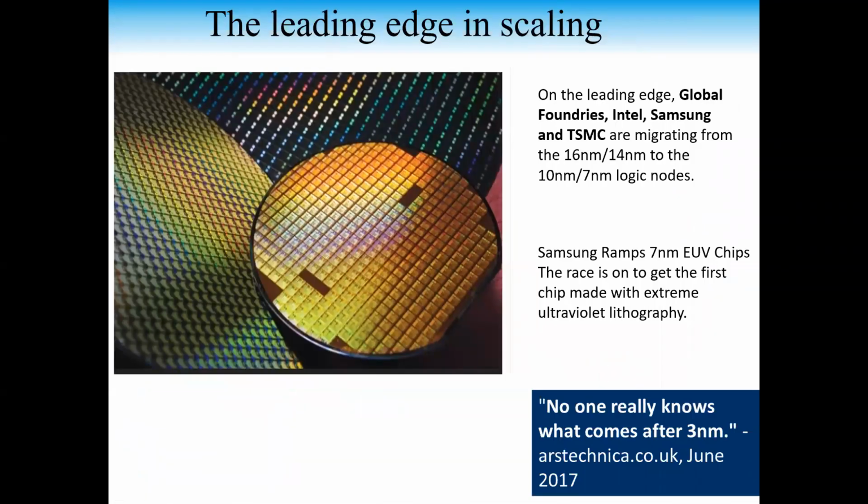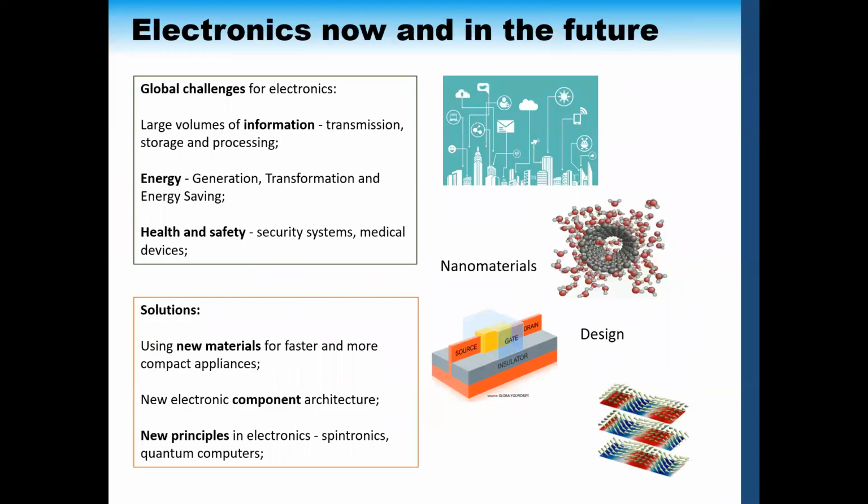This slide shows the latest results achieved by leading electronic companies like Intel and Samsung. The world is developing and demand for electricity is constantly growing, which makes electronics grow faster and faster. Obviously, using the old technology, we cannot make a breakthrough. To reach a new level in electronics, it's necessary to radically change the approach to solving problems: to create new architecture, to research new materials, and to apply new principles, of course.